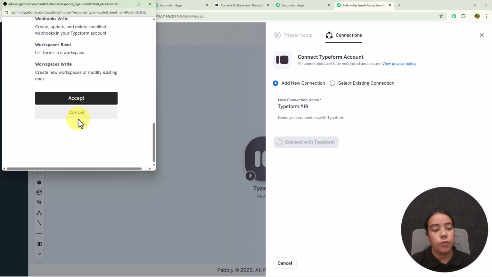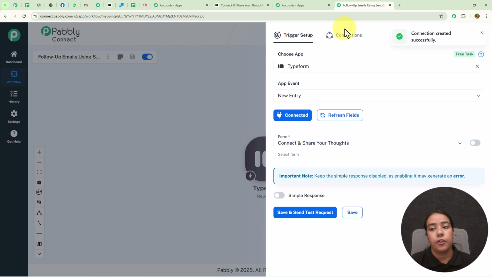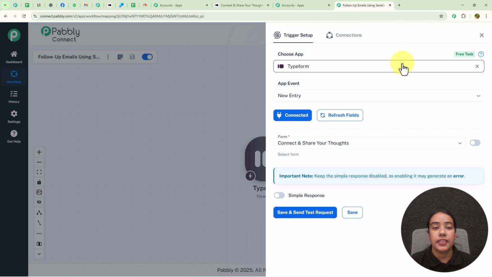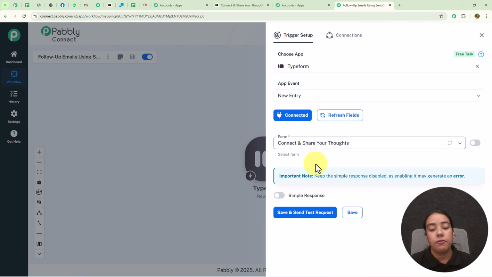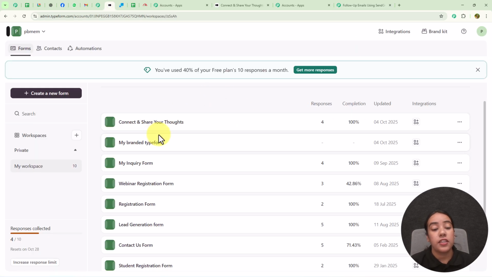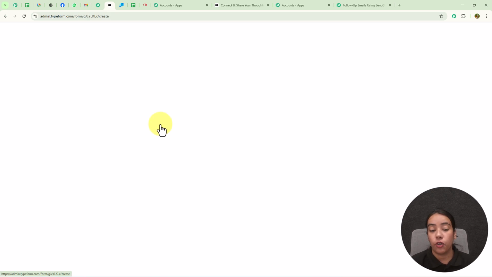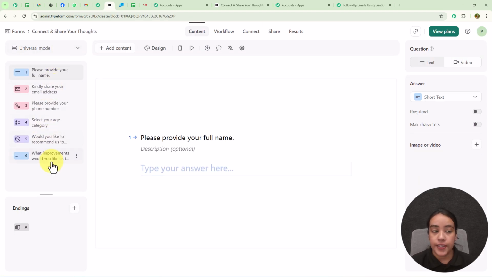For that, I need to provide all the access, and with that you can see my Typeform account is connected successfully. After that, we need to select the form that we are going to share to collect the lead. As you can see over here, I have already created a form on my Typeform account with the name of connect and share your thought, in which I have provided 6 questions